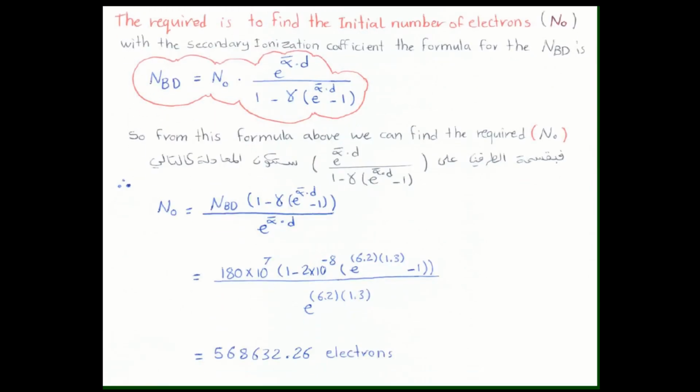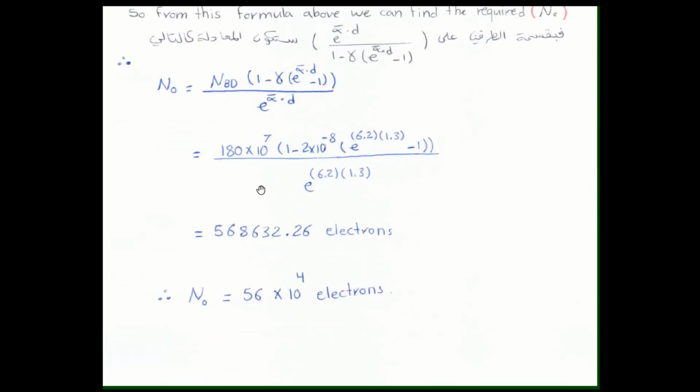So if you use your calculator, you have to substitute only the values in this formula here. If you substitute the values and do your calculation, you will get the answer